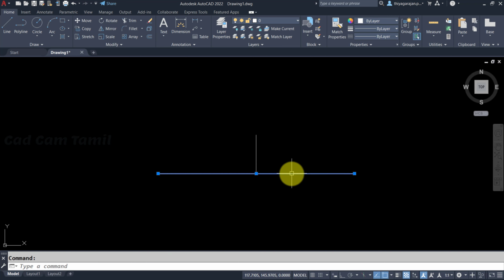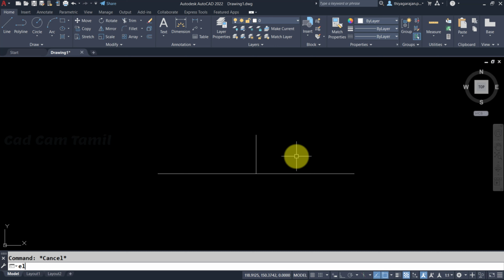Now I am going to construct the ellipse with the help of these 2 lines. The horizontal line is 50 mm, the vertical line is 10 mm. I am going to consider this horizontal line as the major diameter because it is 50. This one has radius 10 mm, that is the other axis, or we can say the minor axis radius.